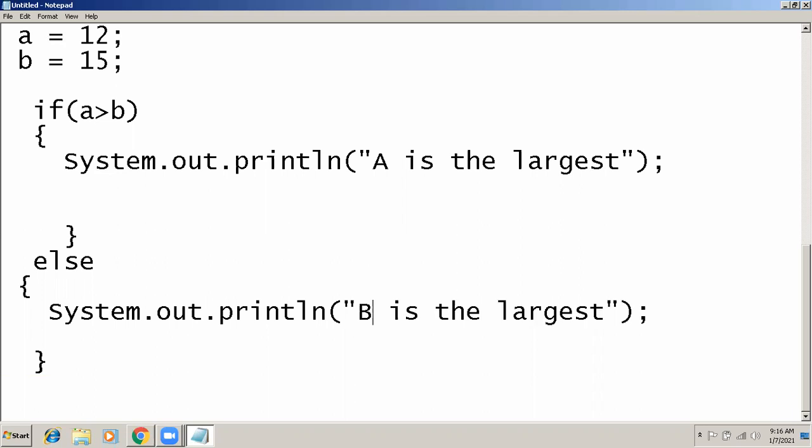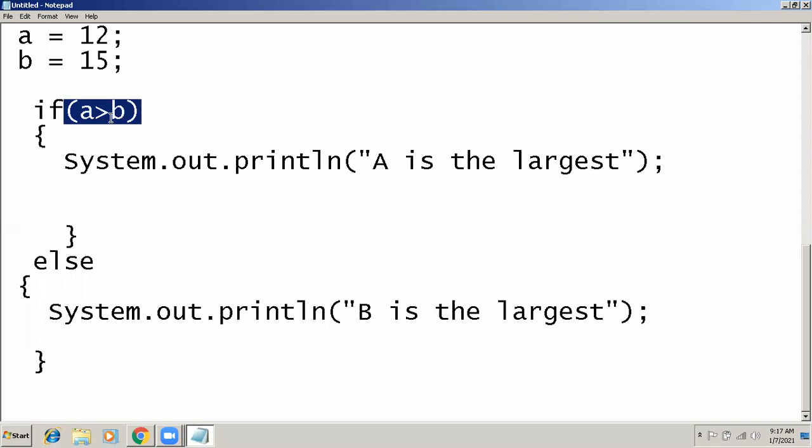Okay, so this is the if else statement we have in Java programming. First you have to write the if keyword, and after this you have to use small brackets, and inside them you put a logical expression.